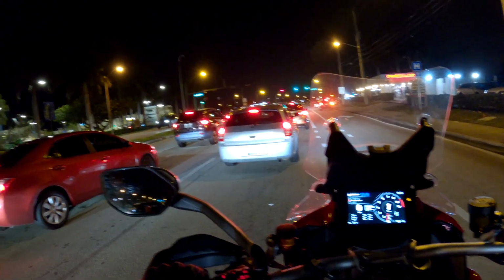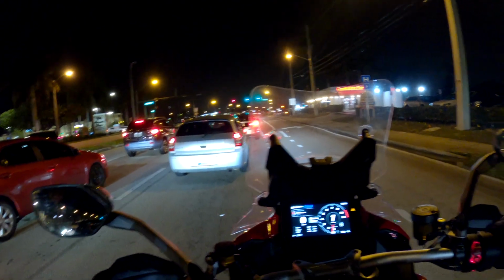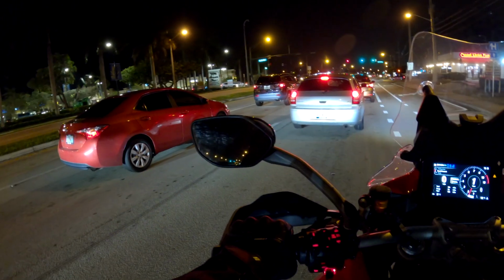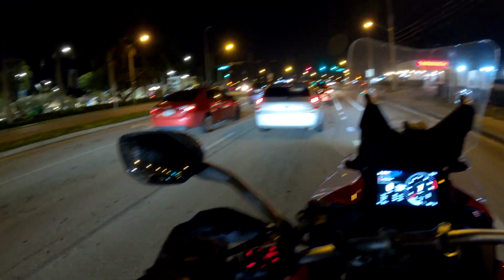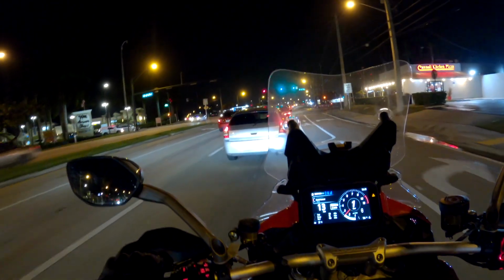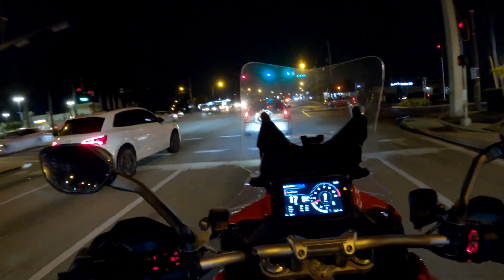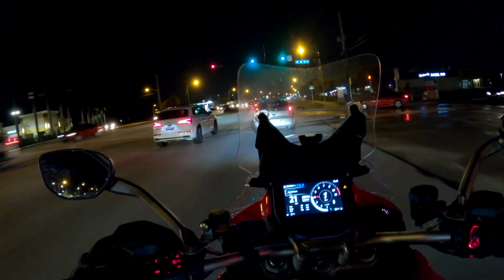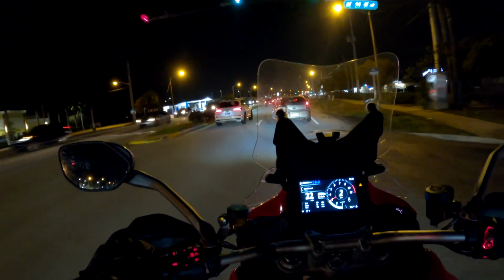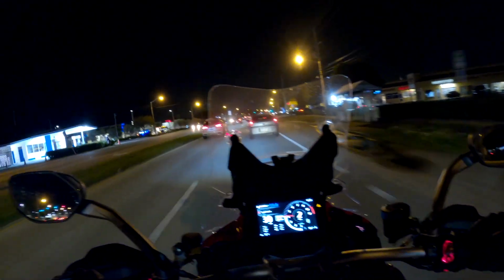Now, once this thing is broken in and I want to go somewhere and have some fun, yeah, I'm probably going to put it into sport mode. But doing what I'm doing right now, it makes absolutely no sense to have this thing in sport mode. Urban mode might be a decent choice because I'm coming from stoplight to stoplight. It's not really fast,